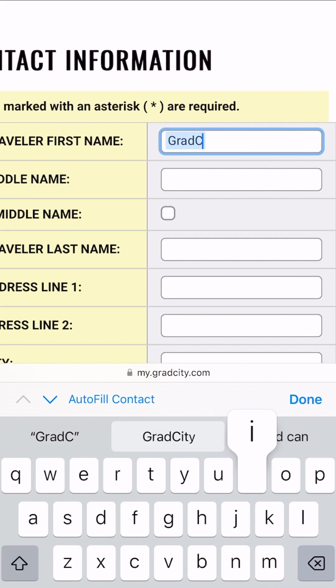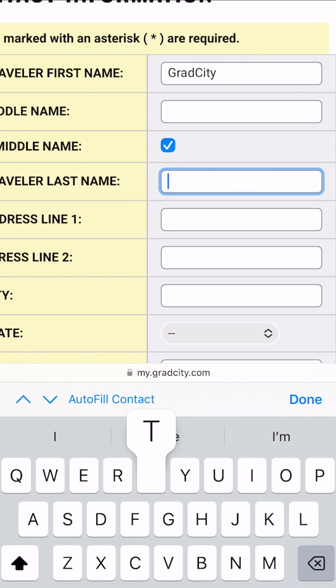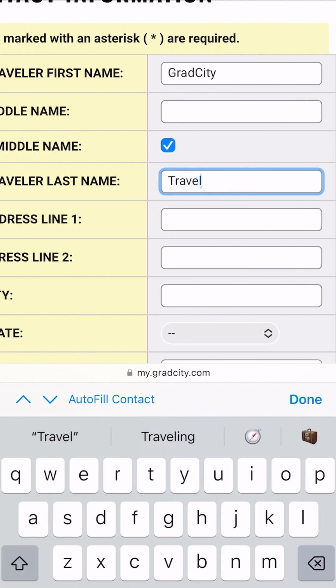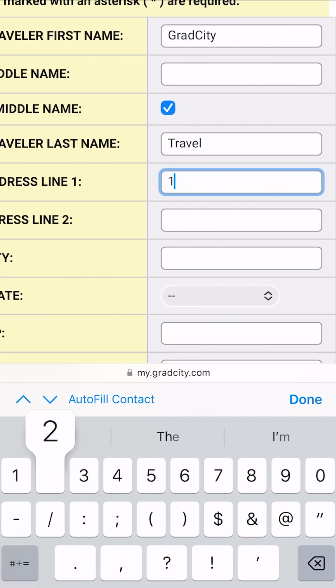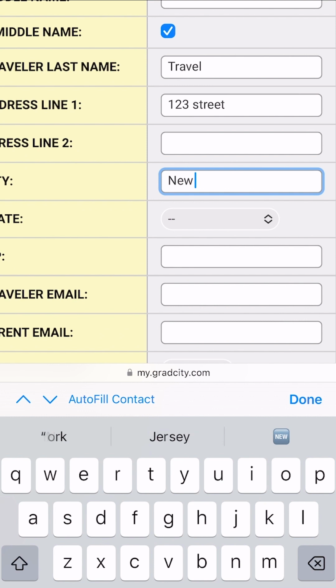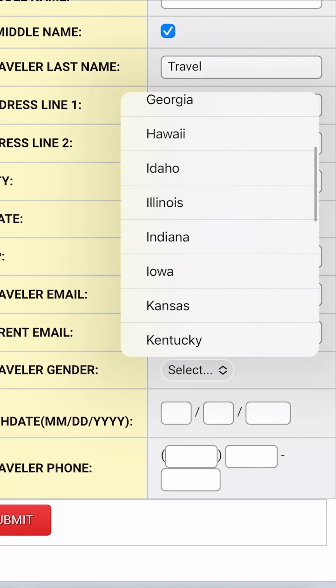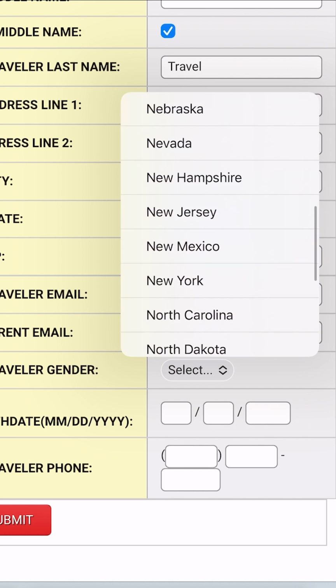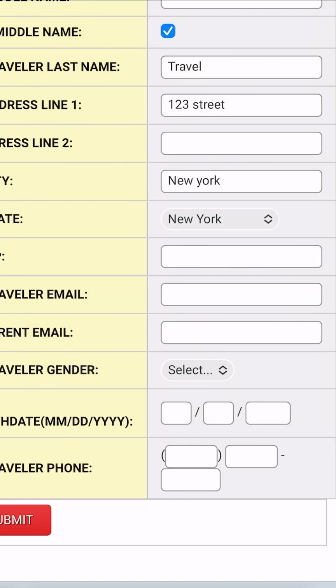The contact information page is extremely important. Please make sure to enter in all the correct information that's displayed on your passport. So you want to make sure you have your first name, last name, middle name if applicable, your street address, your city, your state, your zip code,